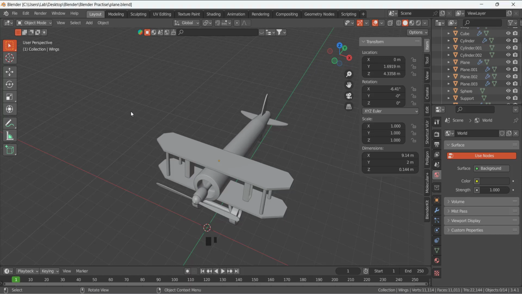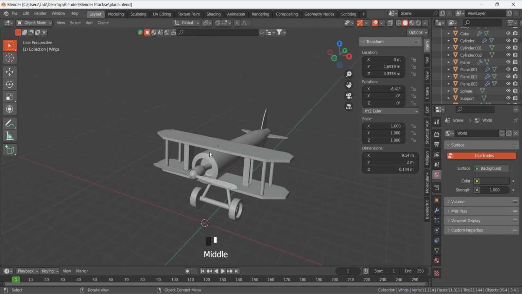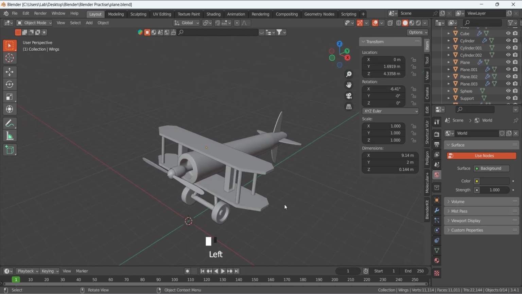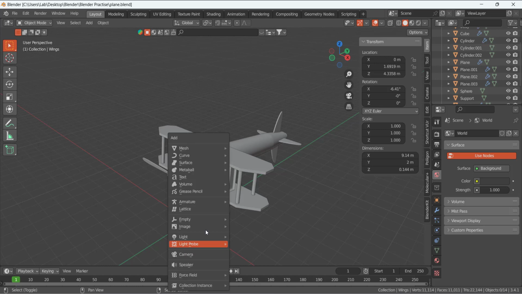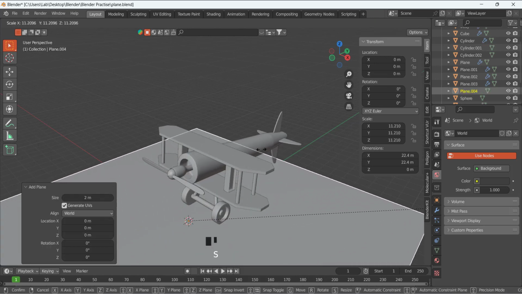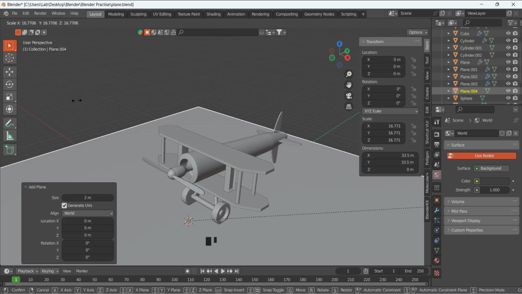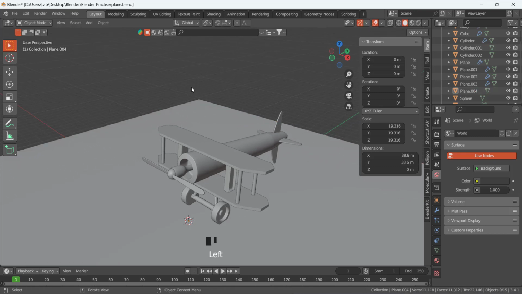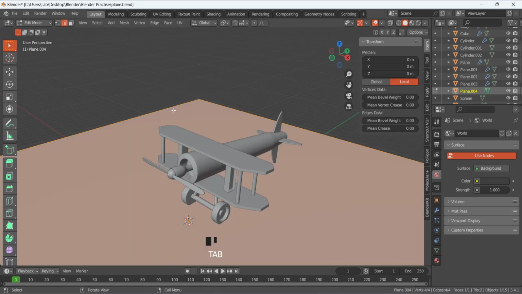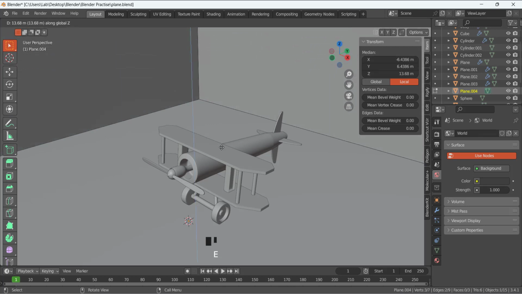So in this video, we are going to make the scene and apply the materials to all of the parts. First of all, I am going to press Shift A and add a plane, and S to scale it and make it a lot bigger like that. Then Control A, apply the scale, Tab, and select these two edges and E to extrude along the Z axis